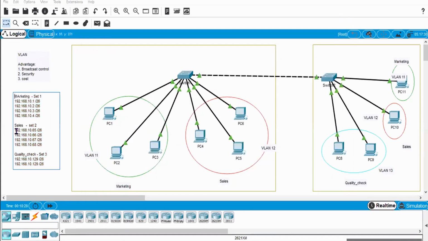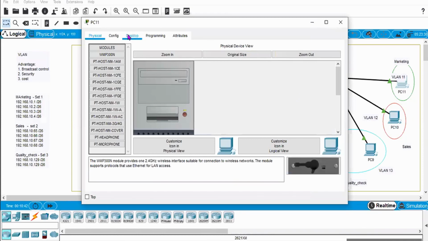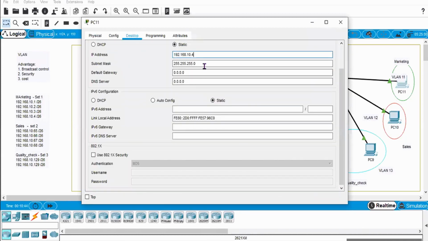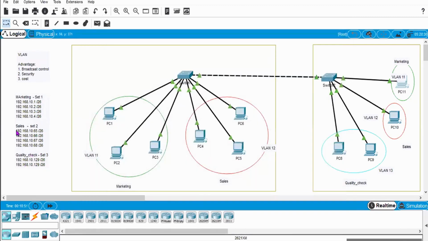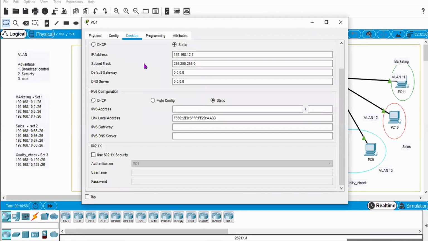Okay, and I will give these addresses to the sales department. One more address is there for the marketing department, this PC. Now I will give all the IP addresses to the sales department. So I will start from PC number 4. I'm giving the IP address and slash notation 192.